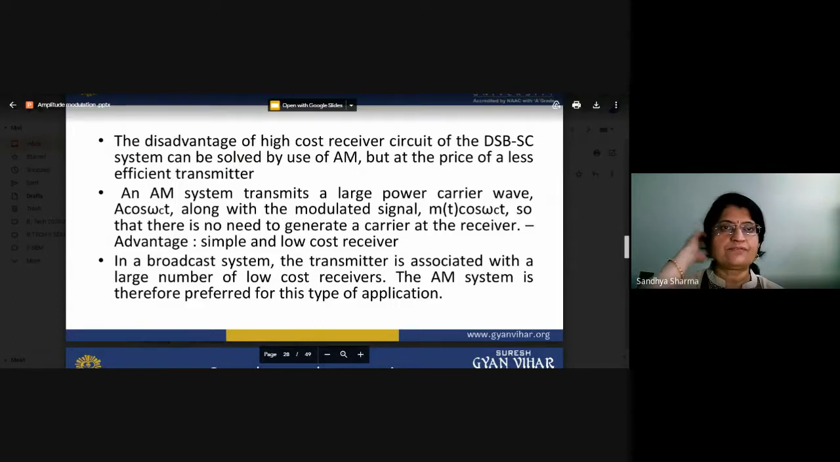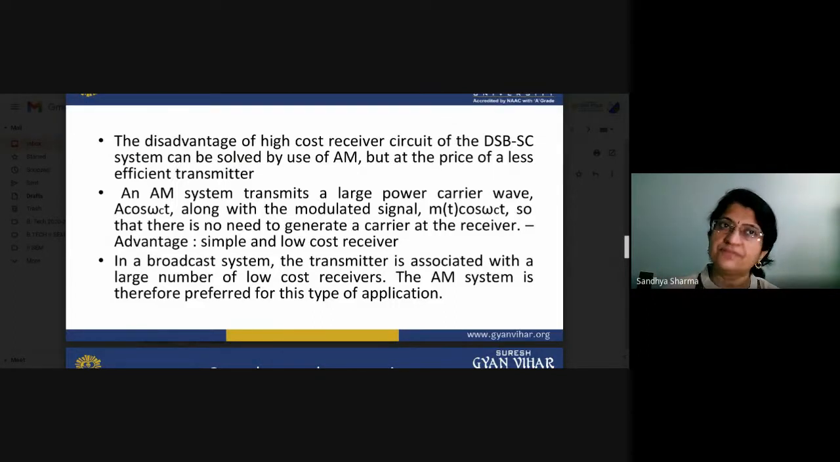So the basic purpose is, if you opt for amplitude modulation with carrier, there is no need to generate the carrier at the receiver section, and we can simply design our receiver part. It means you can opt for a low cost receiver, because in a broadcasting system, there is a single transmitting antenna and multiple receiving antennas. If the cost of multiple receiving antennas is very high, it is not useful for us. So first of all, the cost of the receiver which is used on the receiver side